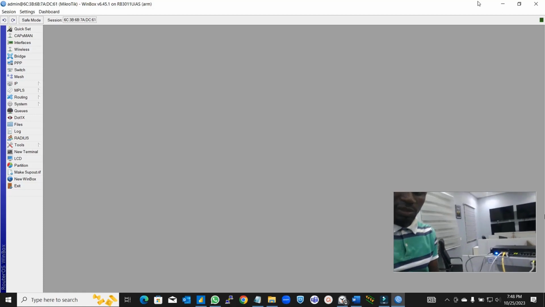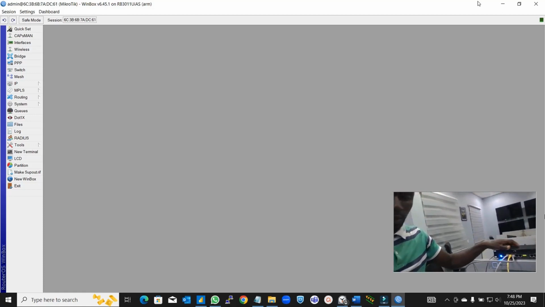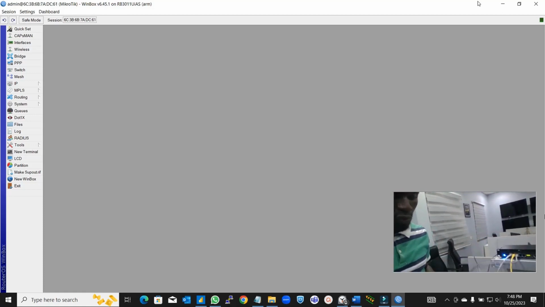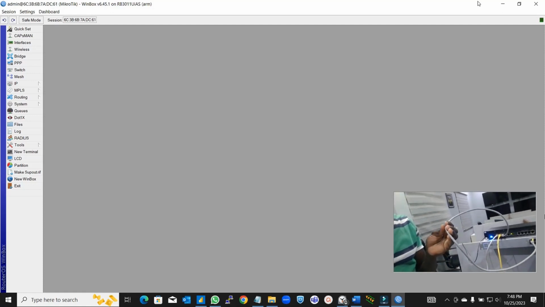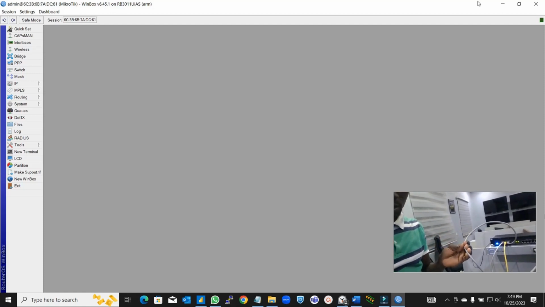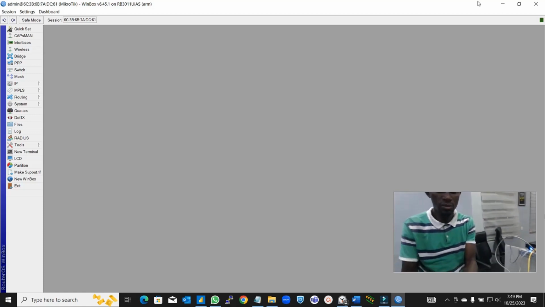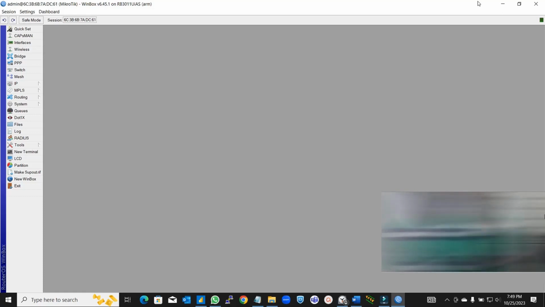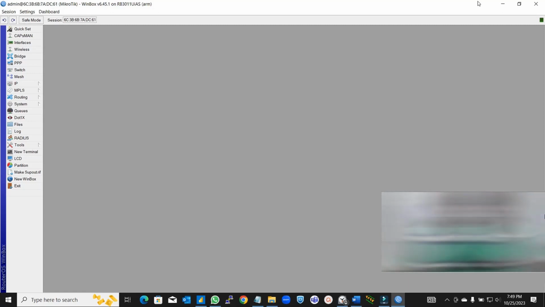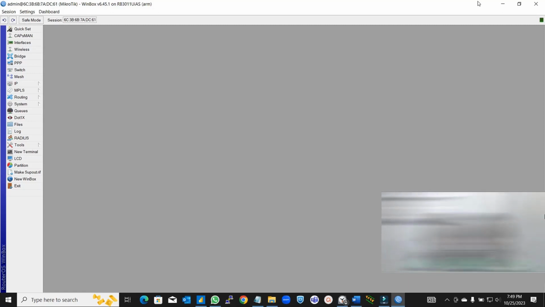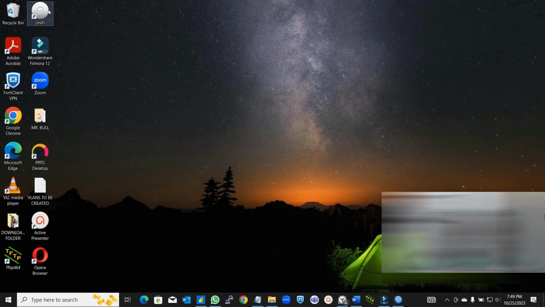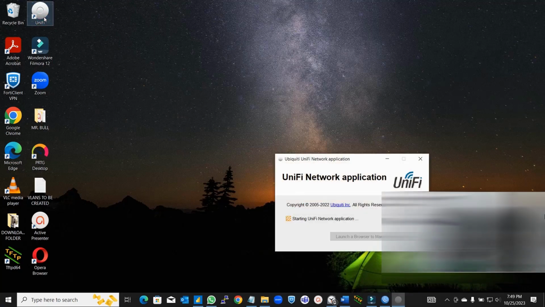So there's a connection between the switch and the router. This cable goes into the switch, the Unify switch, and the other side of it goes into the router. Okay, now that I've established that connectivity, I'm going into the configuration part. For me to be able to do that, I need an application called Unify controller. So I will launch my Unify controller,